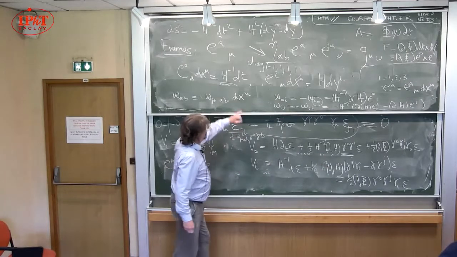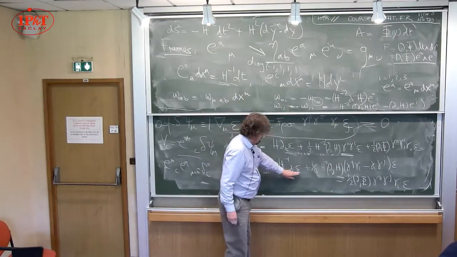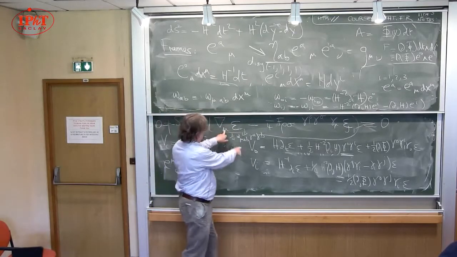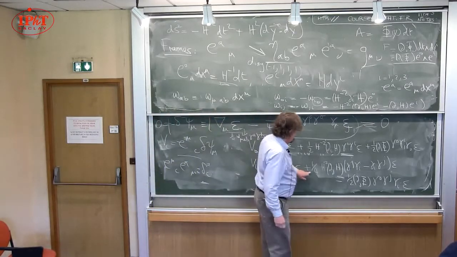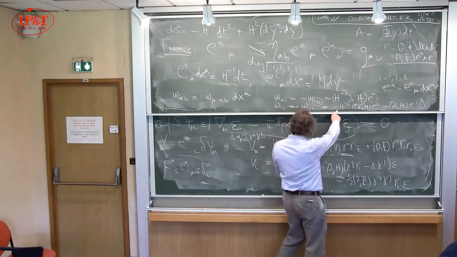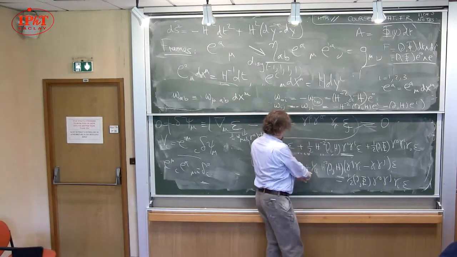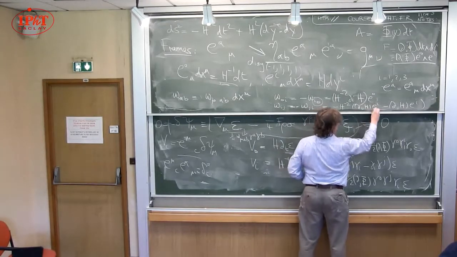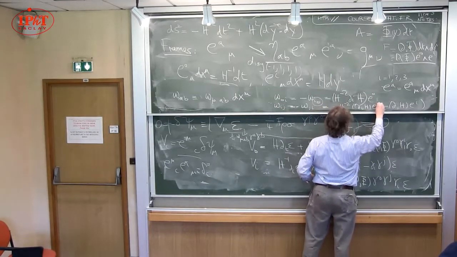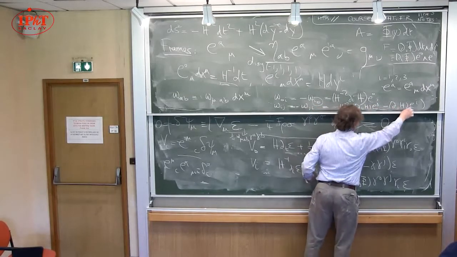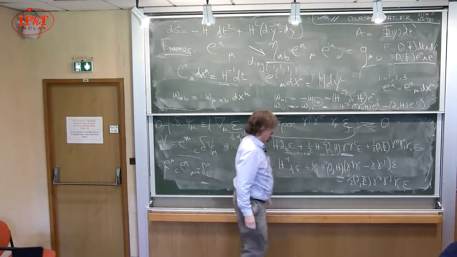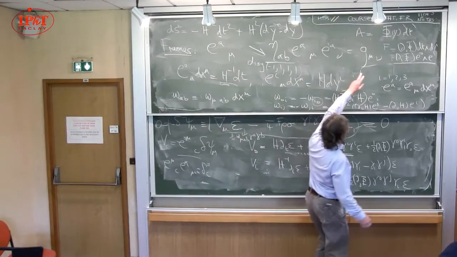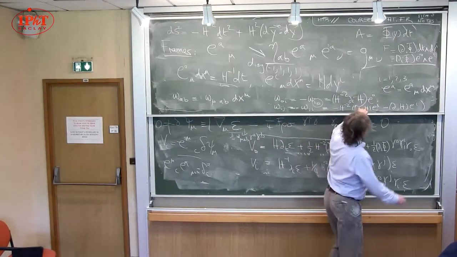Second equation, the same deal. Now what I'm looking at is di of epsilon. This index is I. The inverse frame gives me h to the minus 1. And then I look in the spin connection part, and here it is, a quarter. And then I get gamma I, gamma J, minus gamma J, gamma I, times epsilon. And then I go to the Maxwell field strength term, and I'm looking for the I component,